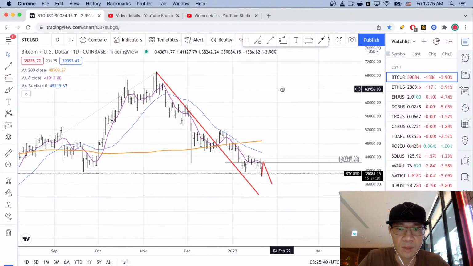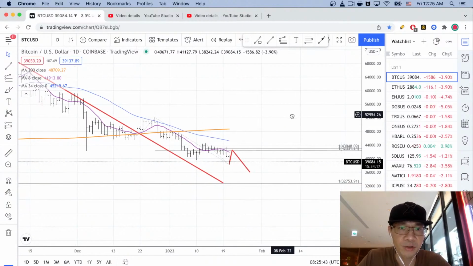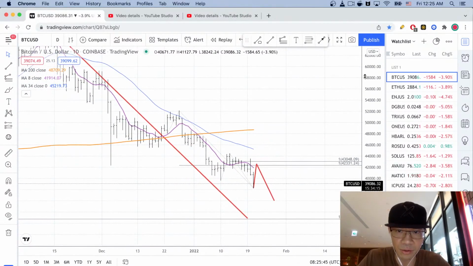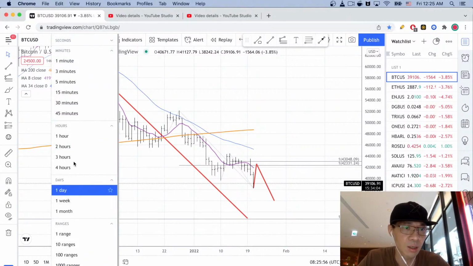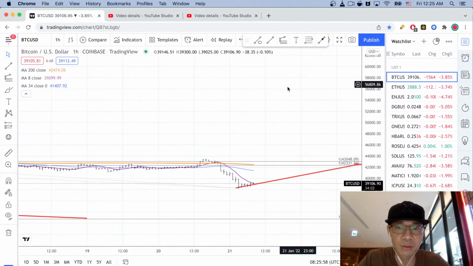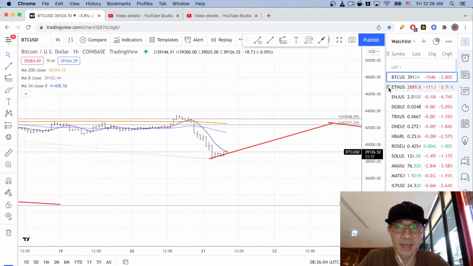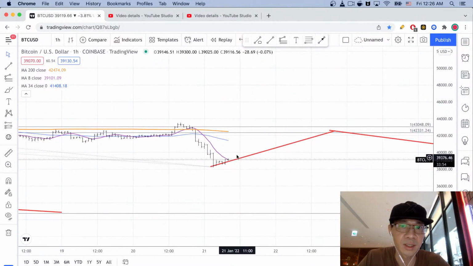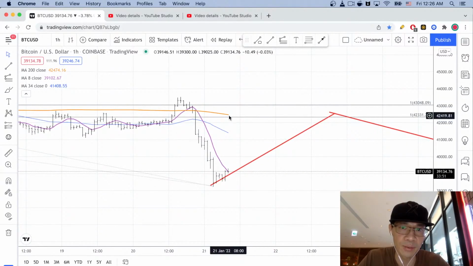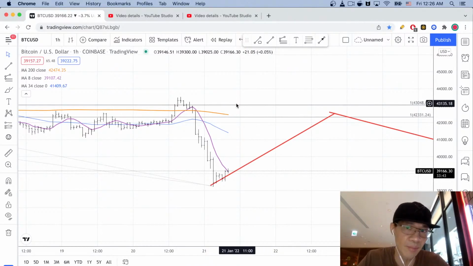All right, so I have a 2-price relationship, you got to go back and do your homework and find a third. I'm looking at this area, 42,000, 43,000. But this area must hold, right, to the short side. And that 200 moving average on the hourly chart coincides. But as I said, this is not a complete setup. This is a two price relationship, so you got to do a little bit more work. The more price relationships you have with a particular zone of resistance or support, the better. Okay,